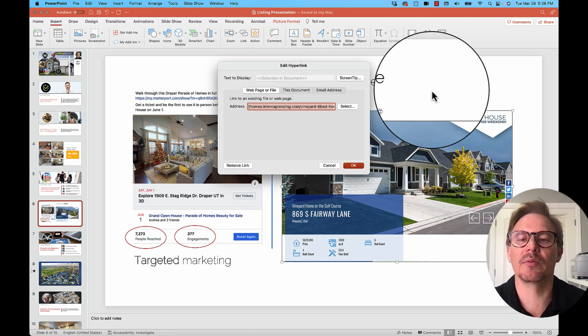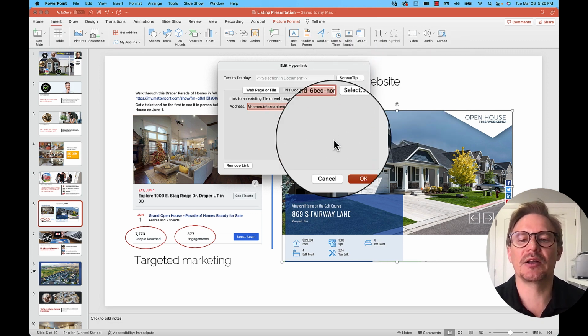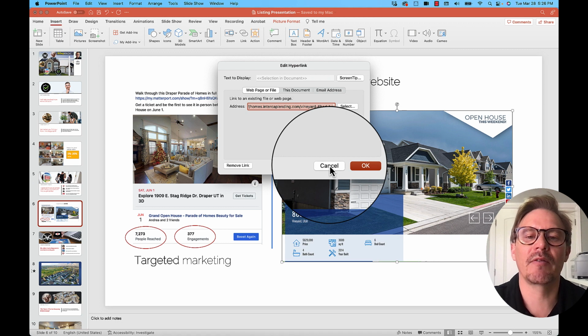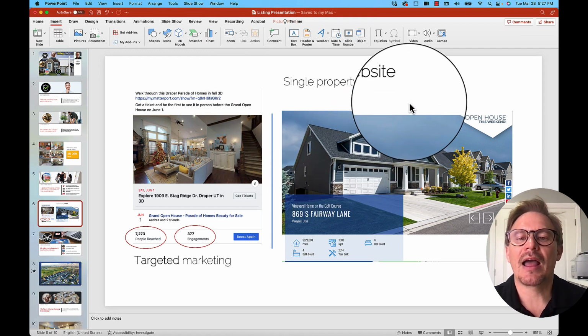This is really important because when I do my presentation, from that point forward, I'm showing them all the rich multimedia of a property. Now, I have mentioned this in my class. You can